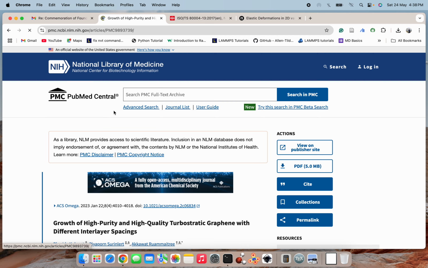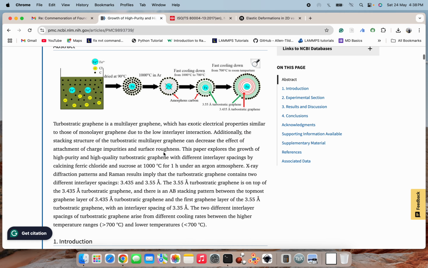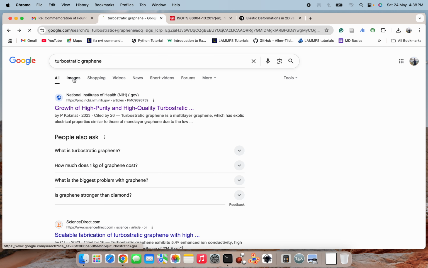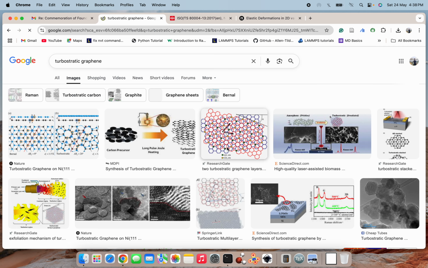Here as you can see, this turbostatic graphene is a multi-layer graphene which has exotic electrical properties similar to those of monolayer graphene due to low interlayer interaction. Additionally, the stacking structure of the turbostatic multi-layer graphene can decrease the effect of attachment of charge impurities and surface roughness. So these are all about the charges. But what we usually understand from this is that this is nothing but a modified graphene, where like you can see